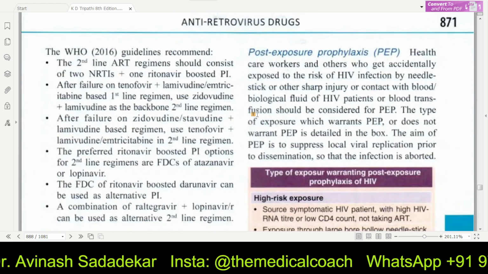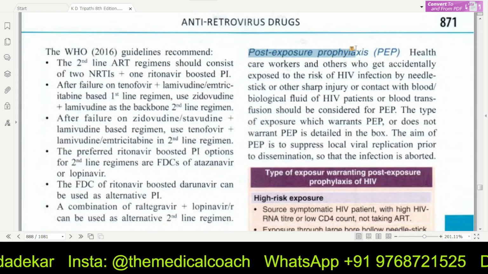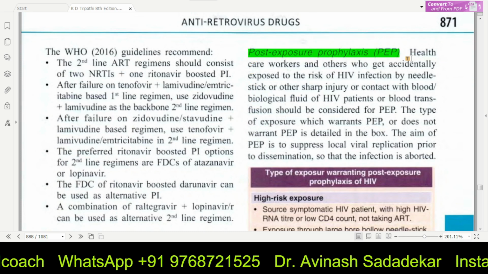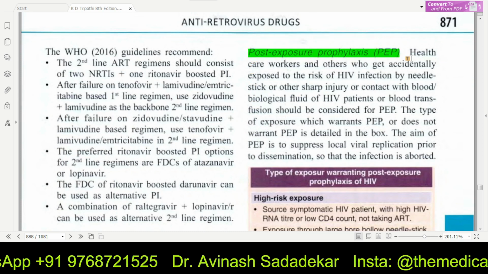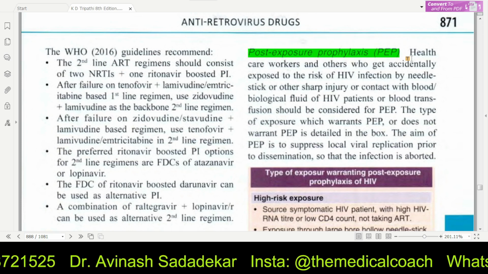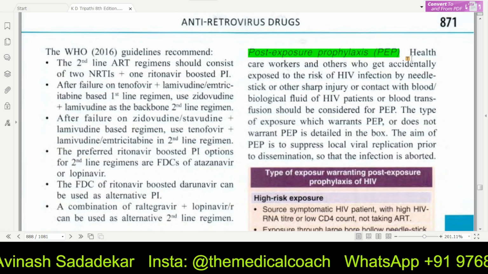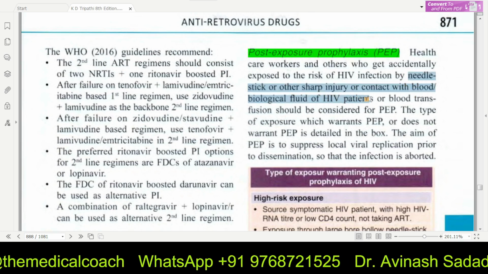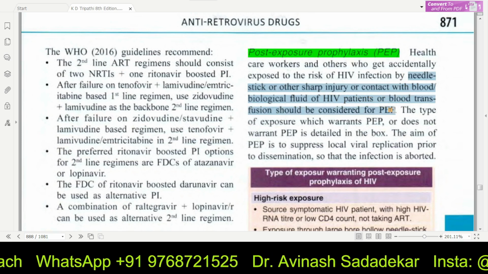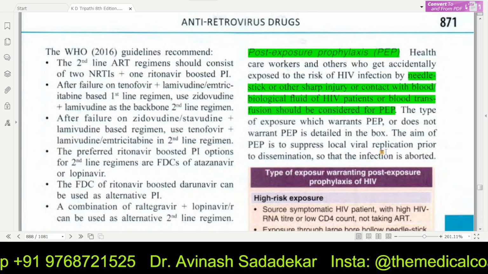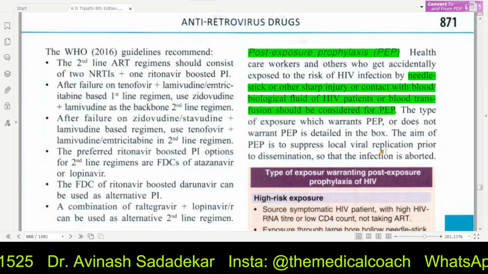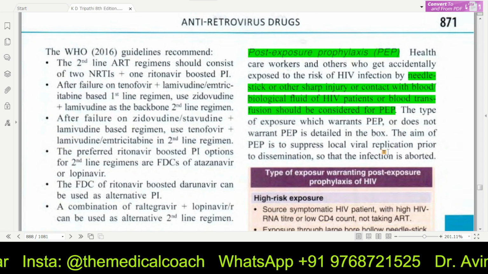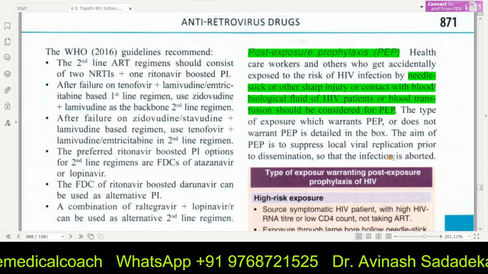The only thing that I want you to do absolutely perfect is called post-exposure prophylaxis. See, as a healthcare worker, you and I, as doctors, and our staff nurses, all the mamas that work in our hospital, the ward boys, they are all at risk of getting HIV by an accidental needle prick, or a sharp instrument, or contact with blood or biological fluids of HIV patients, or maybe by blood transfusion, right? These people have zero fault of their own. Why should they suffer from AIDS? So, what do you do? You have to give them post-exposure prophylaxis.